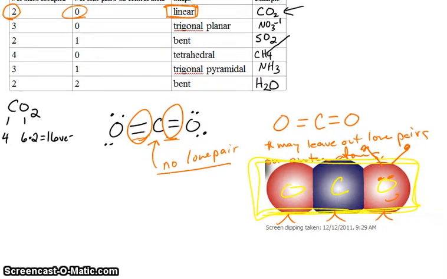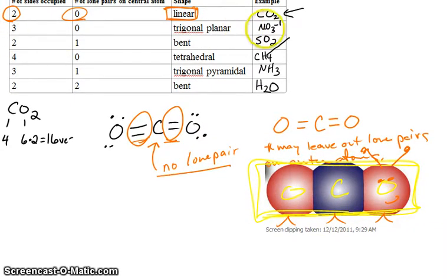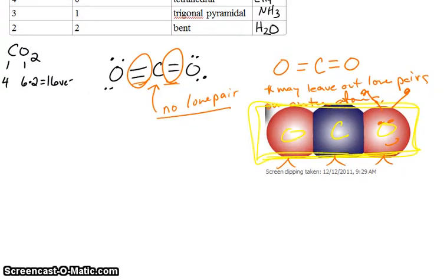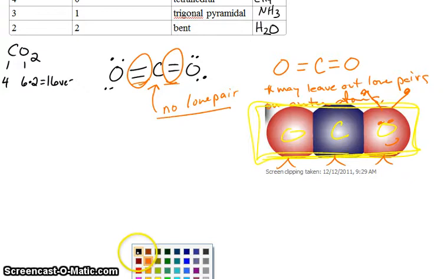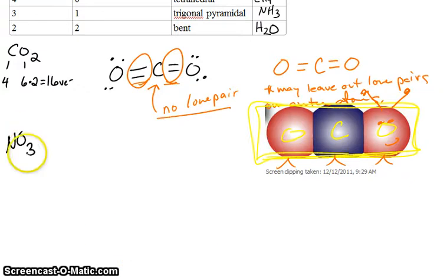Let's go to our next example. Our next example is trigonal planar nitrate. That's the nitrate ion that you're familiar with. So the formula for nitrate is NO3 minus 1. Let's figure out our valence electrons. Nitrogen has 5,